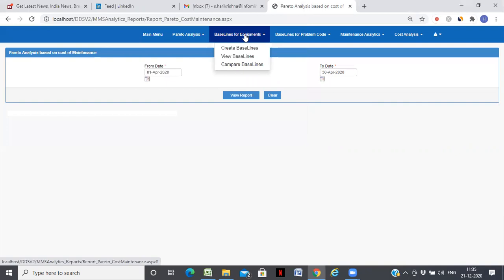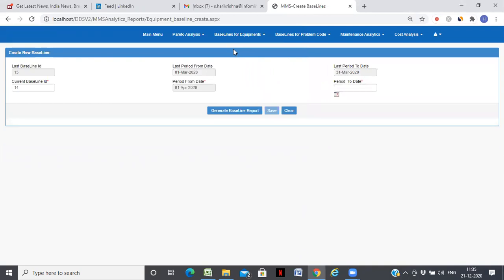Next, you also have a facility to benchmark. This benchmark feature is pretty unique to this application, where it is just like a company's financial performance, which is declared every quarter. Here organizations can decide on what frequency they want to benchmark their maintenance function. For demo purposes, I've just added every month. I have created some values.